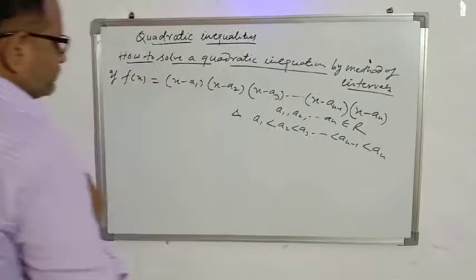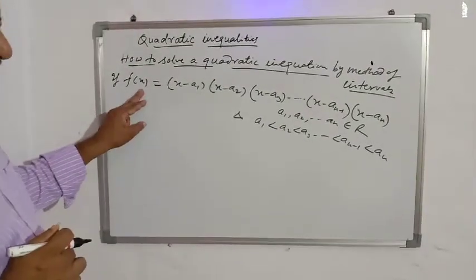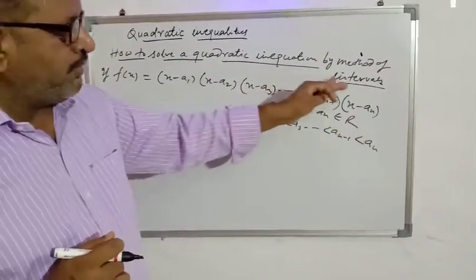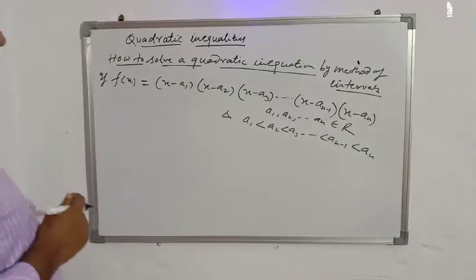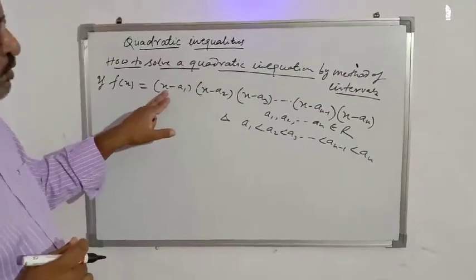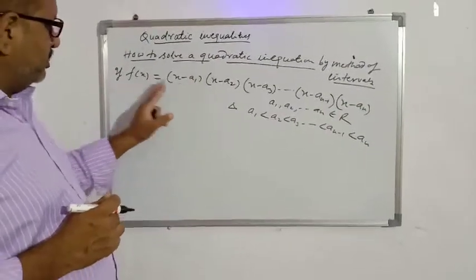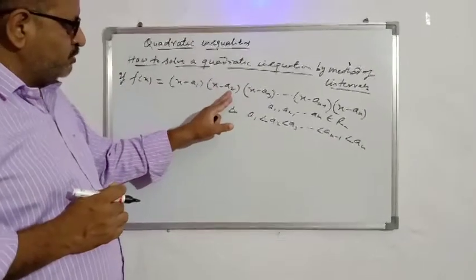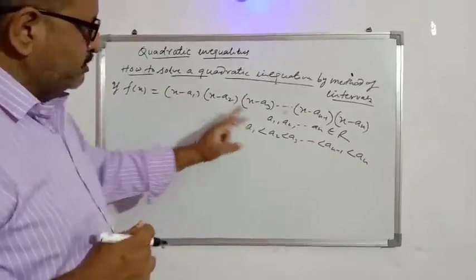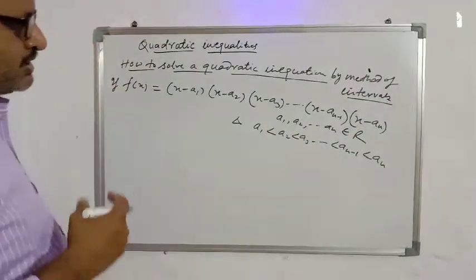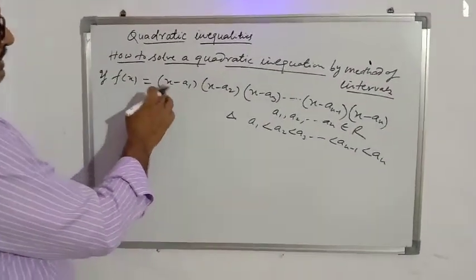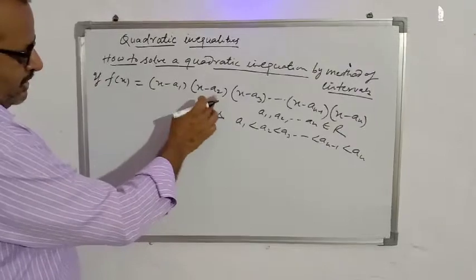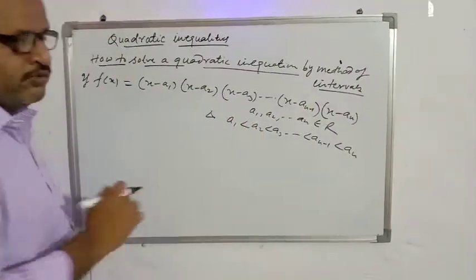an is the largest one. So what will be the sign of f(x)? What will be the sign of this product? How we can know? By the method of intervals. So firstly check, if we put x is equal to a1 here, a1 minus a1, it will be 0, so value of f(x) will be 0. X is equal to a2, then a2 minus a2, 0. At a3 it will be 0, at an it will be 0. Firstly we have to find for what value of x, f(x) is equal to 0, means value of this product is 0. So we see that at a1, a2, a3 and so on, an, its value is 0.